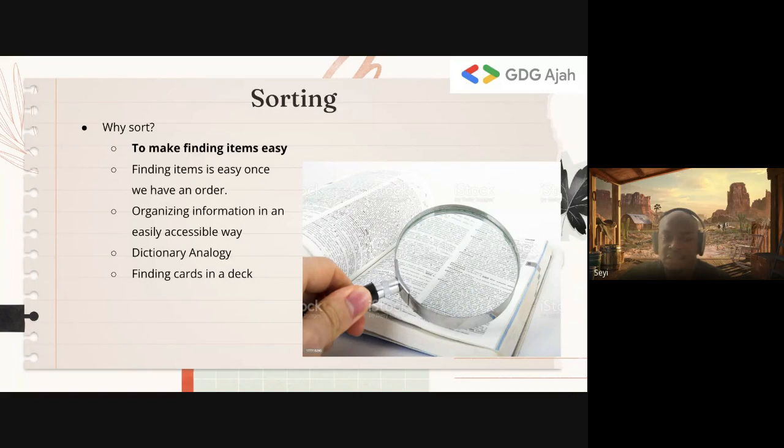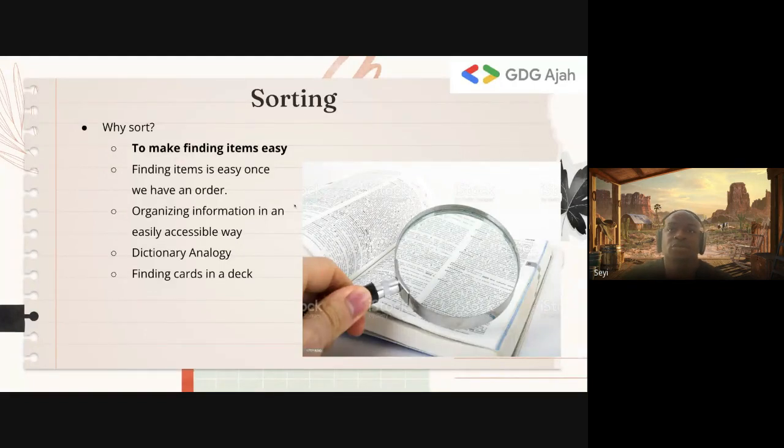And that's important because without sorting the items or without organizing the items, we can't easily find them. And this is a very key point to note. Even Google searches use some form of sorting, because without being able to organize the information in an easily accessible way, they won't be able to give you your answer fast. So sorting is very, very important, and it's a key operation in computing systems.